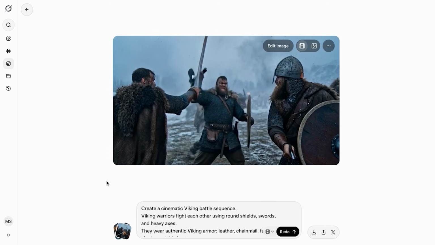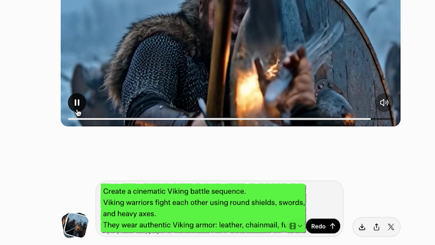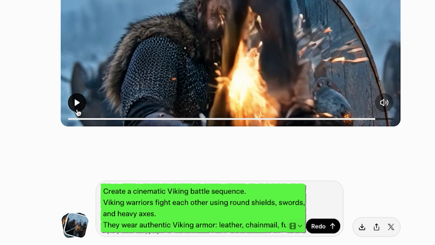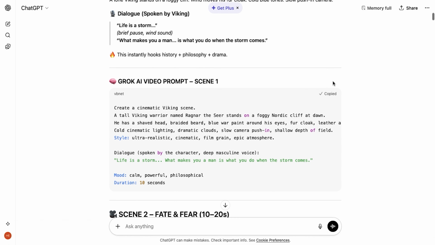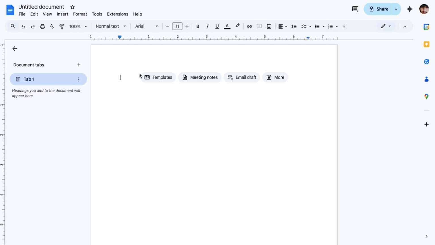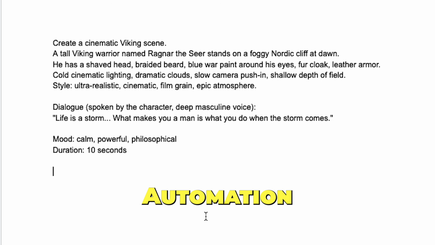Now that we're able to create videos using Grok AI, let me show you how to really play with your prompts to get consistent characters that actually feel like a cinematic scene. What I've done here is copy one of the prompts I recently used, and this is the exact structure I want you to follow. The first part of this prompt comes directly from the ChatGPT automation chat we set up